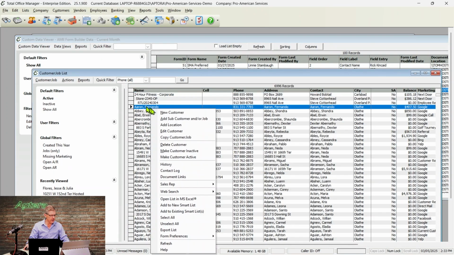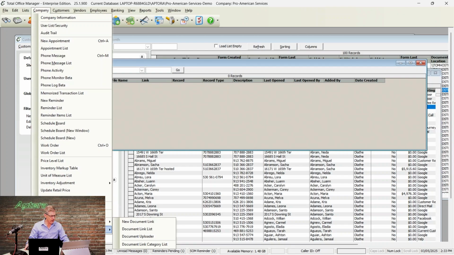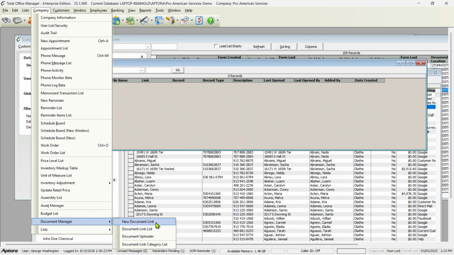Just remember, right-click. You don't even have to open the record, and open up their document links, and they'll be in here. And then your master list for documents is here. So under Company, Document Manager,